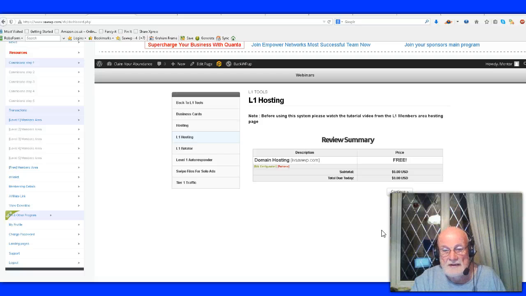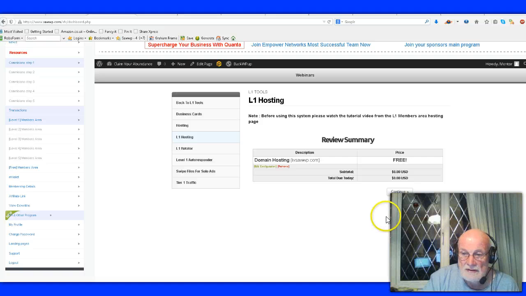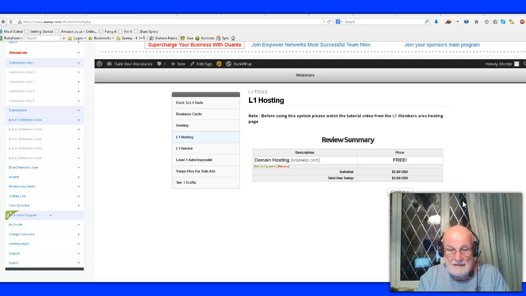And if you go elsewhere, a reasonable hosting is going to cost you $7 and up per month anyway, particularly if it's unlimited like ours. I think HostGator do one, and I think that's just over $7, and it's almost unlimited. Ours is unlimited. Okay, so you click on continue,